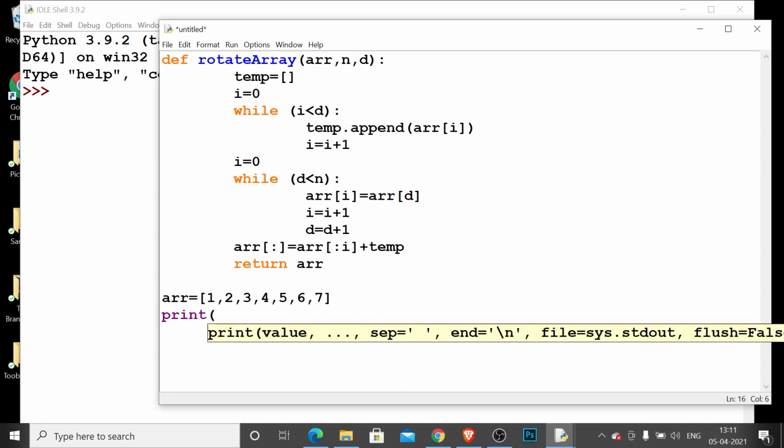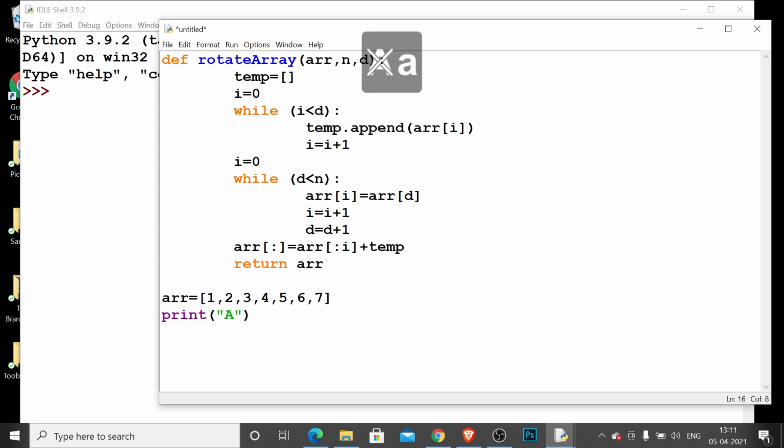print("Array after left rotation is:", end = '').